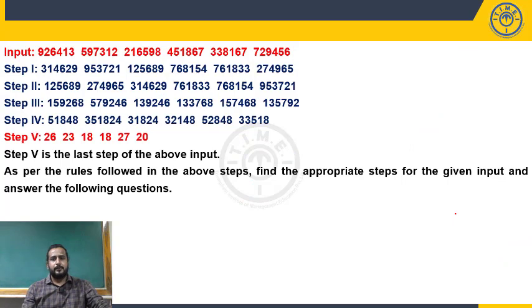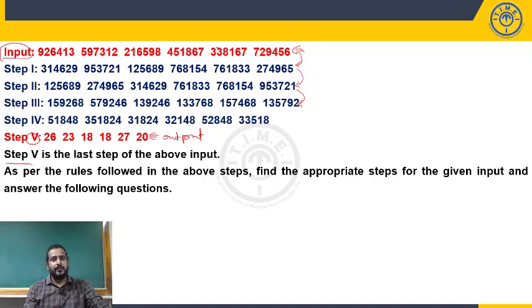What are the elements that are present in the input? You have been given an input and 1, 2, 3, 4, 5 steps, and it is also mentioned that step 5 is the last step of the above input. For this input, this is the final step. So when it is mentioned as the final step, you can treat that as output. Are the elements that are present in the input and the elements that are present in the output same or different? Different. Easily we can say different. So we have to identify the logic from input to step 1, step 1 to step 2, step 2 to step 3 and so on.